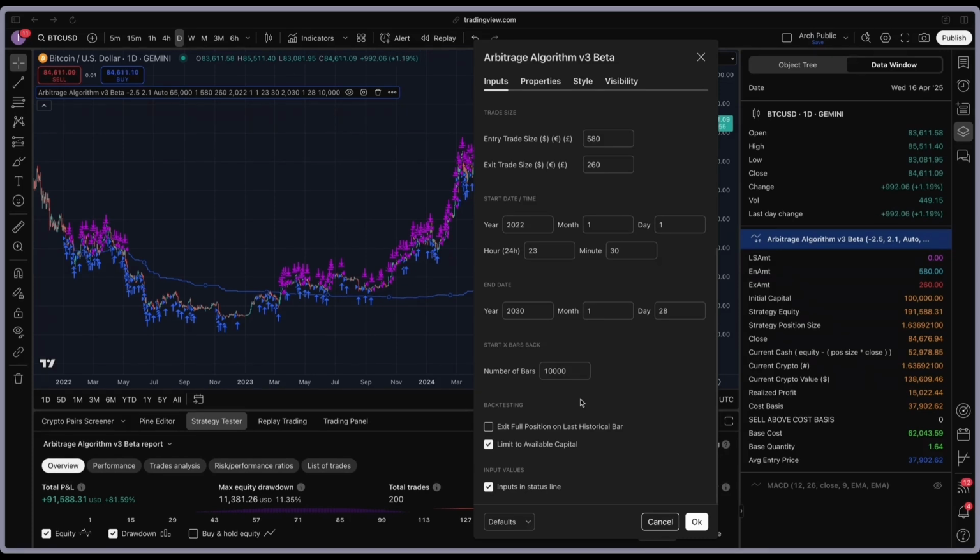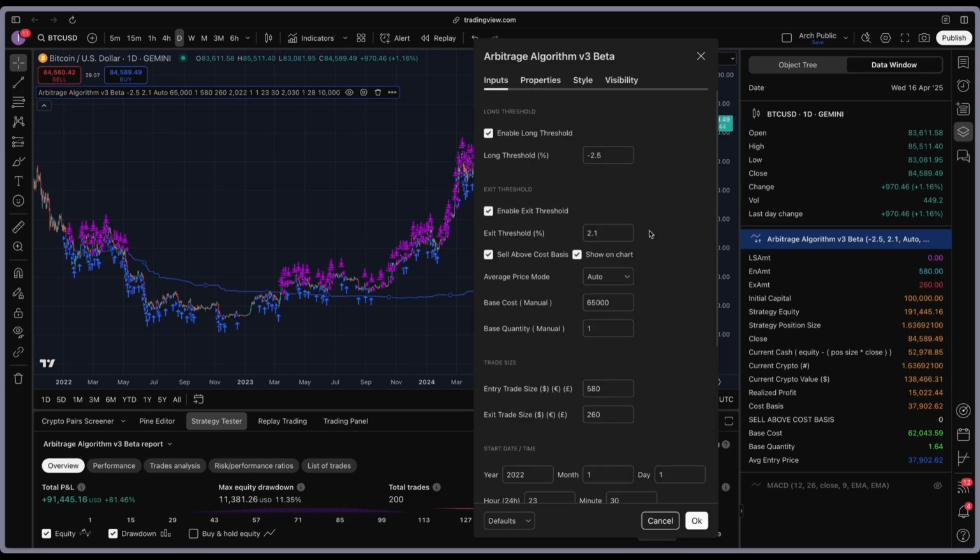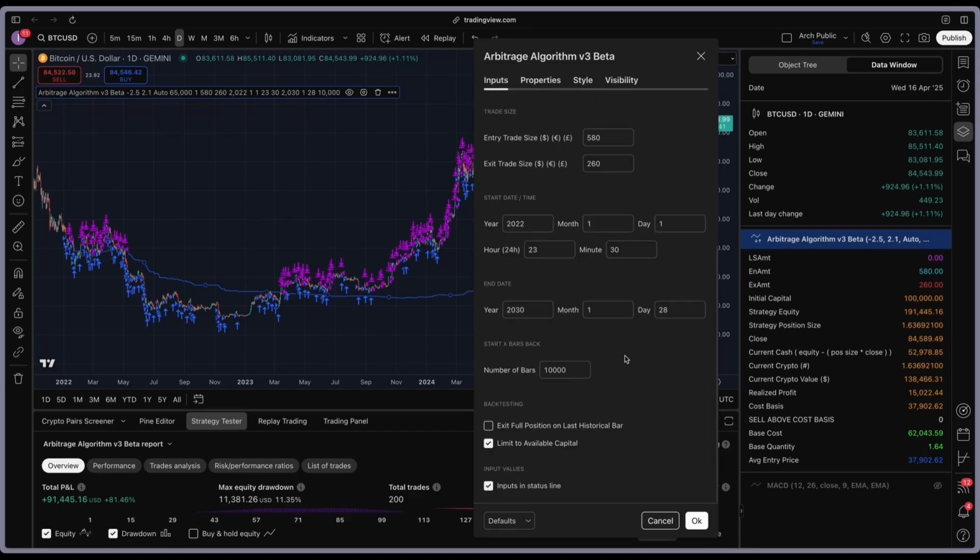With our base settings here, our 580 and 260 trade size, we want to have limit to available capital checked. And remember, in our scenario, that's $100,000. And you'll see why this is pretty helpful in a minute. Just to get our bearings straight on where we are with these settings, once again, we're starting at the beginning